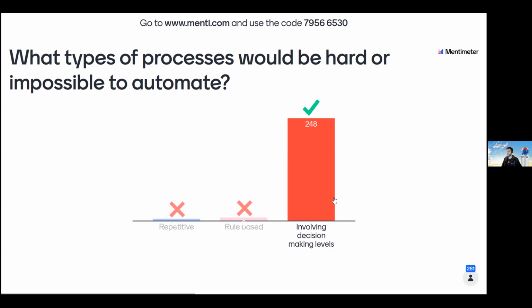So if they had to wait for a screen and the screen freezes and the robot got stuck, it's not a problem from the robot. It's because we didn't tell the robot what to do if the computer or the application freezes, right? So that's why we search for these kind of patterns to make our lives easier when automating, and we don't select the hardest process from the start.